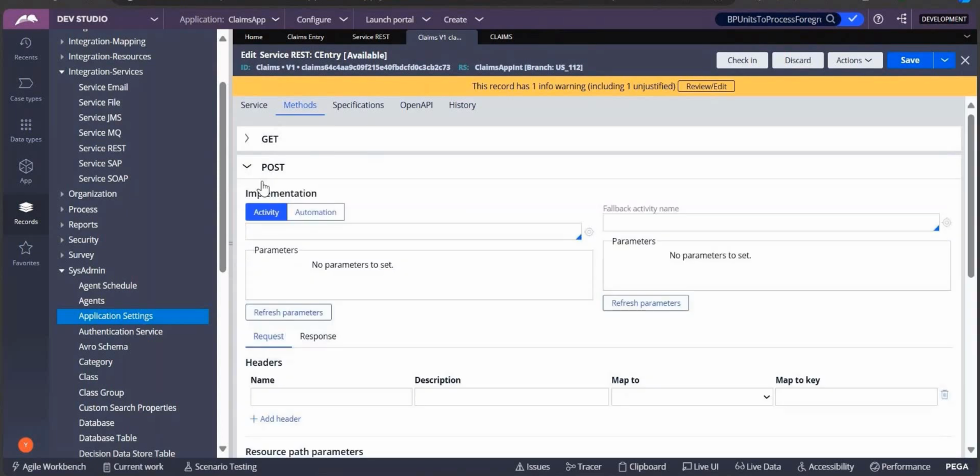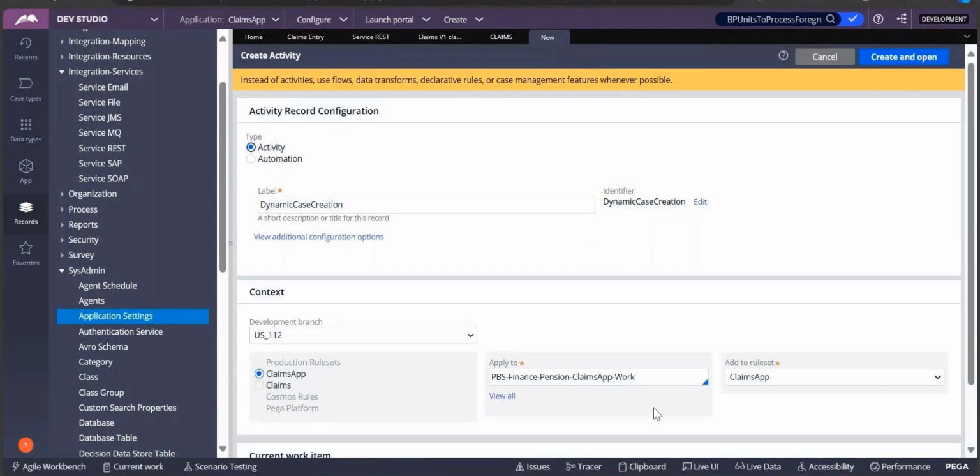So what I do, I'll say case creation is my activity name which I want to create. So where do you want to create? This will definitely create in, if I open here, it will take work class only. Can you see here, work class? Why is it taking work class? Because